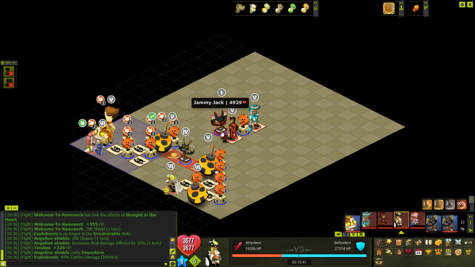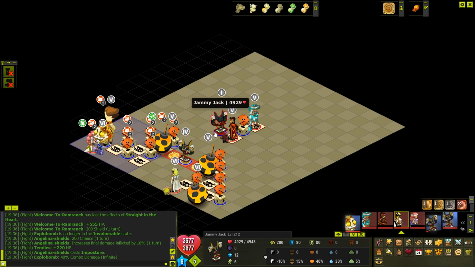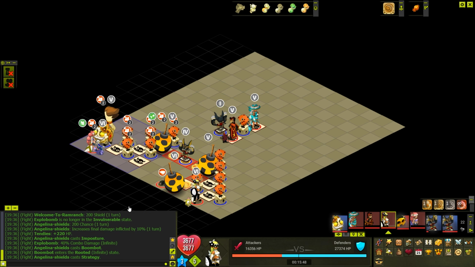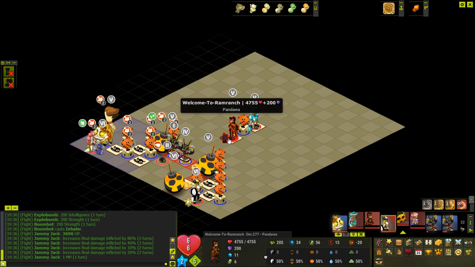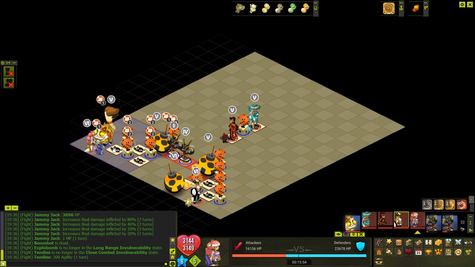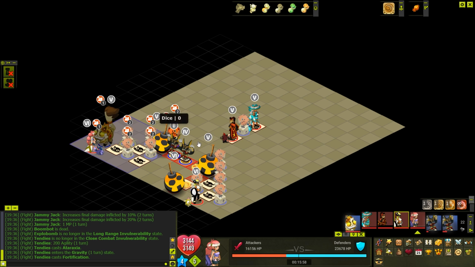The Rogue, now if he wants, he can actually do a Boombot. Yeah, Imposture, Boombot, and Strategy come back here. That's what I would do. Yep, okay, seems to be the case. Strategy, perfect. So he's gonna come here, just attract that Jammy Jack, and then they're both gonna die, and then we're gonna go over and kill the Catseye,